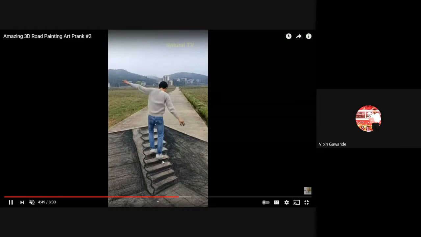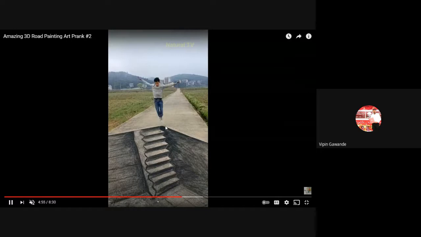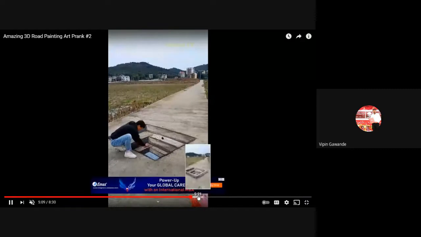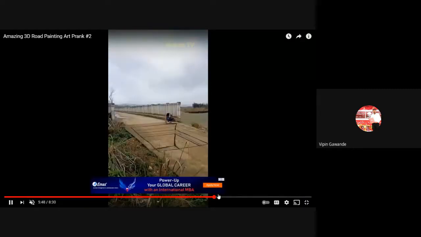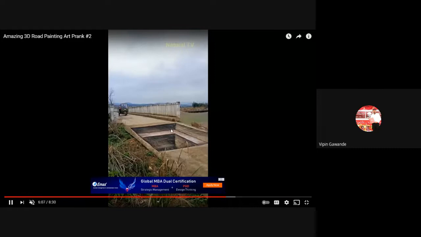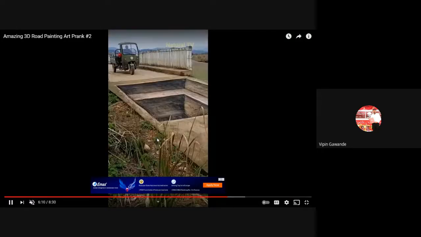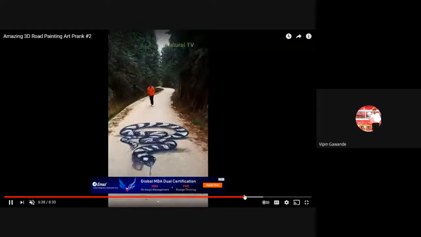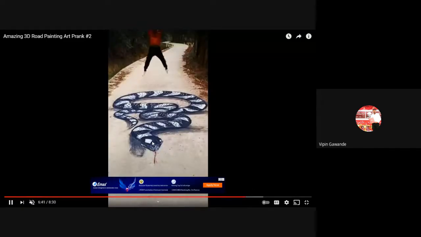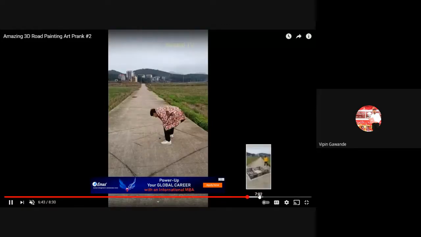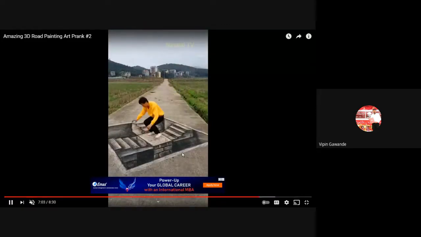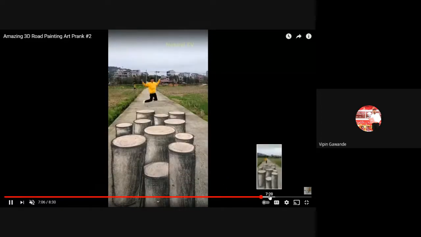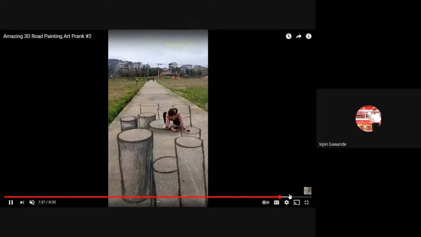So this is just imagination. It appears that he is jumping into that, or he has taken those steps and is coming downward. Okay, now he has drawn the pot here. Now this is the three-dimensional snake, like this. The staircase is a perfect example. That means you can draw that one. See, this is very interesting.